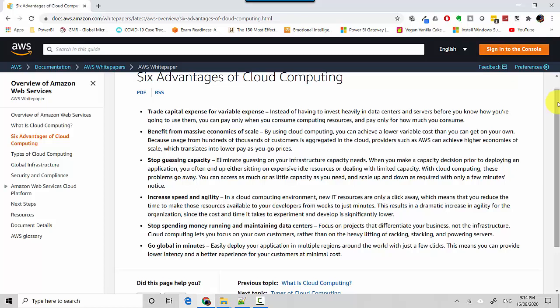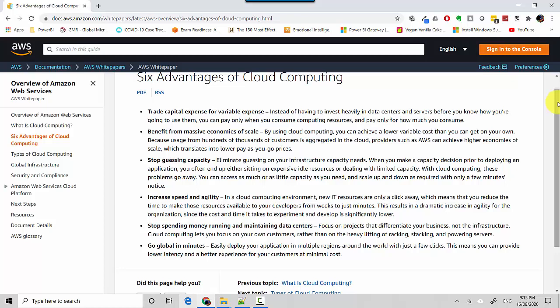Benefits from massive economies of scale. Somebody like an AWS or a Microsoft or maybe a Google have massive economies of scale because they're purchasing hardware at a large scale. They've got a lot of people involved in optimizing this hardware as well as the software which sits on top of it, and they patch this software, so you don't have to invest a lot of resources in managing your IT infrastructure.